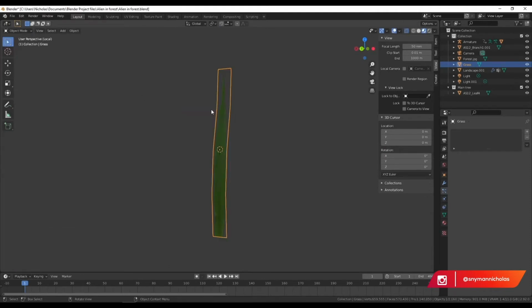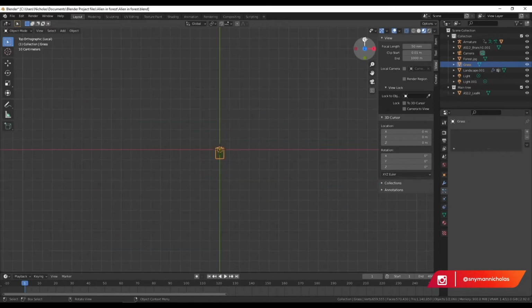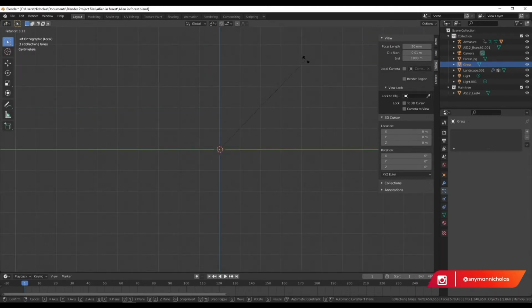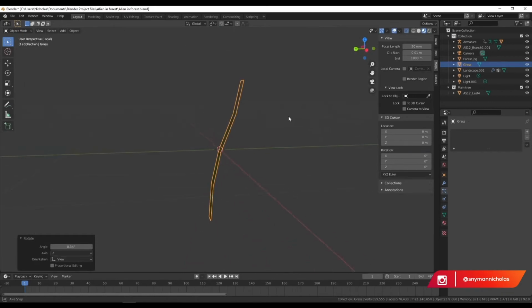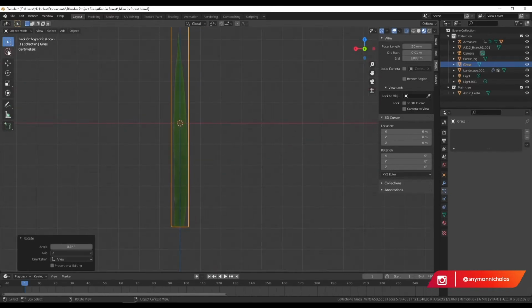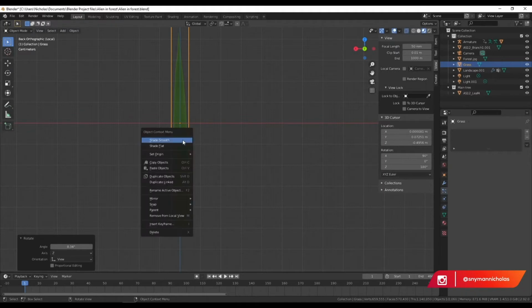Shade smooth. Cool. Now go to the side view here. Gonna just rotate that a bit. What I want to do is go here and click on the 3D cursor, click there and say set origin to 3D cursor,